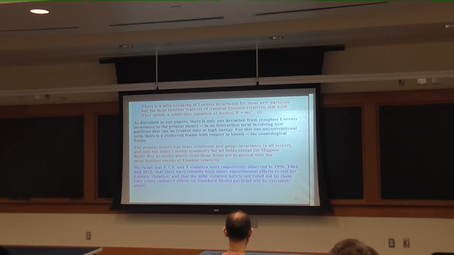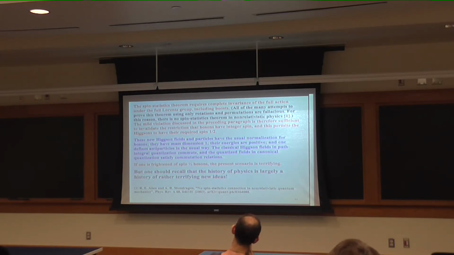There's Lorentz symmetry except for these new particles, the Higgs-on fields and the Higgs-on particles. But even these particles have a relativistic equation of motion, and they satisfy E equals mc squared and all the normal things that we associate with classical Einstein relativity. So it's a very mild violation of Lorentz invariance. But